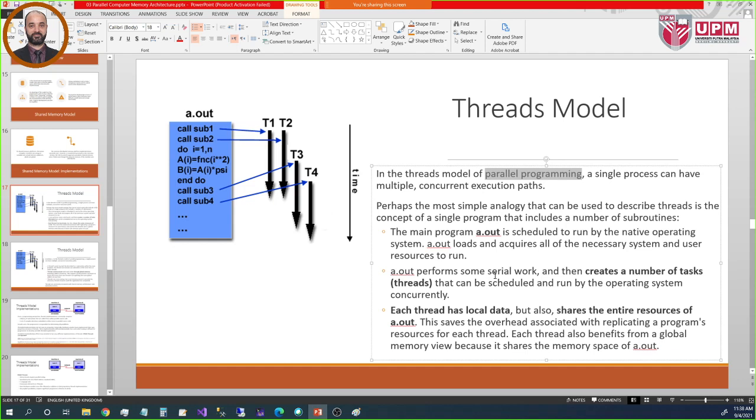A.out performs some serial work. This kind of execution is serial, but that serial creates some parallel execution, right? So always the start point of any program must be serial. We have no choice. Any program in this world,